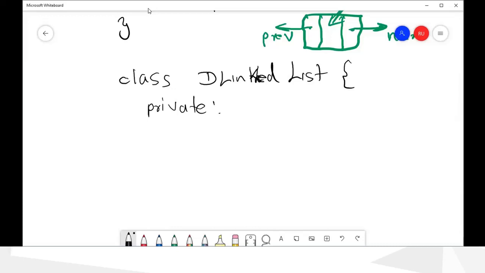What are the private members? We need the starting node, similar to the previous list, the last node pointer, and then the size. And then we have public operations.